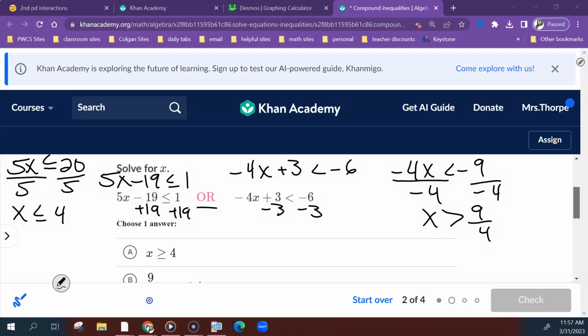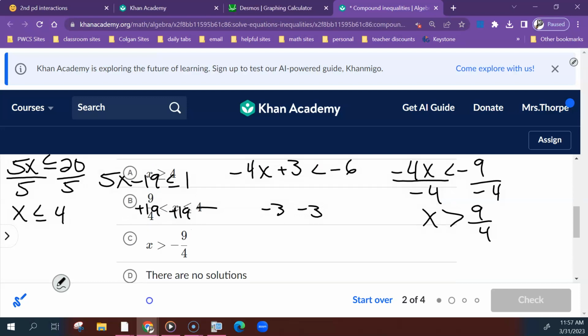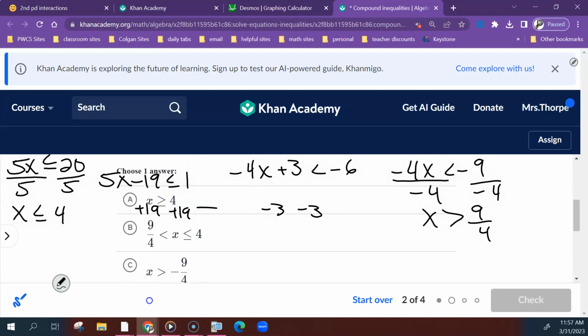So I think this would be a true "or," like what we did in class. Sometimes it's looking for everything, so not where they overlap per se, but reading it left to right. How would I write this? And that's what it wants sometimes. So sometimes they overlap and it just wants, okay, if I read this left to right, how would you write that? But this one's going to be,